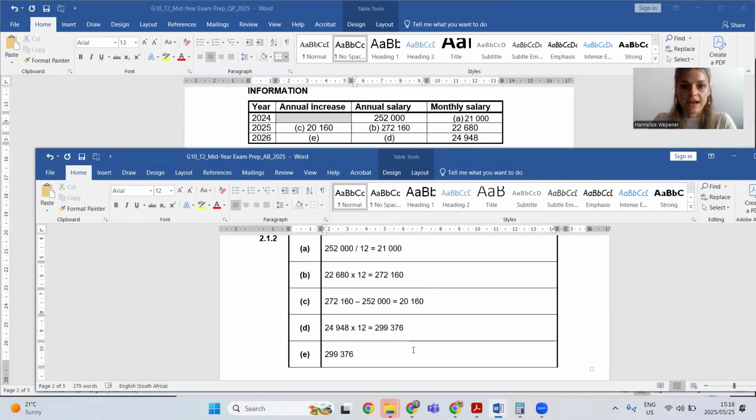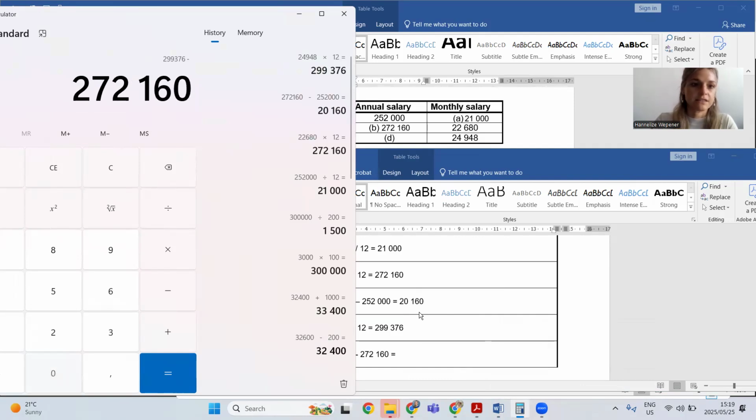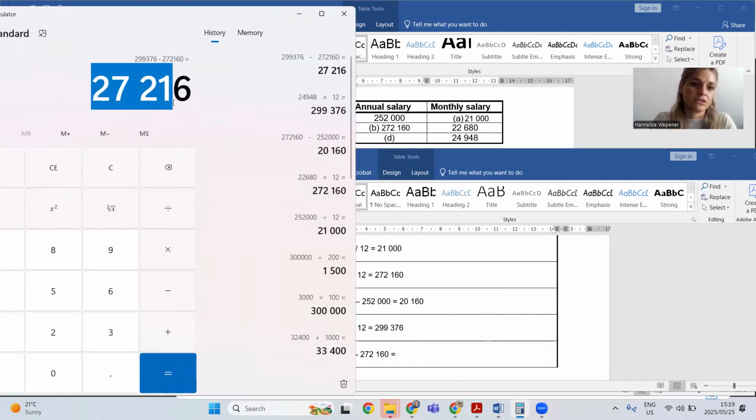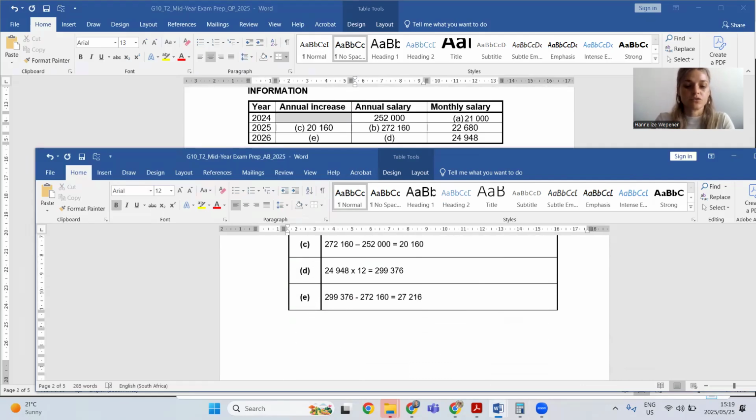Then to get to the annual increase, I take the 2026 salary minus the 2025 salary. Minus 272,160. And that is then 27,216. So if I want to, I can ask you to calculate the percentage increase in the